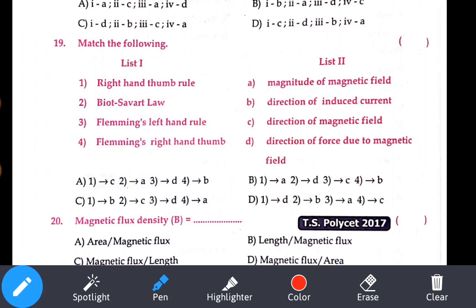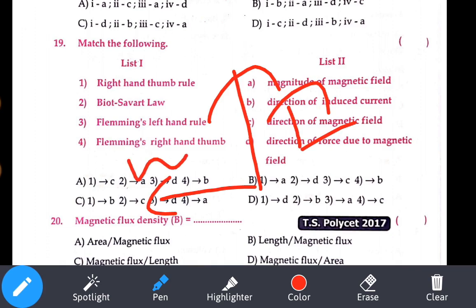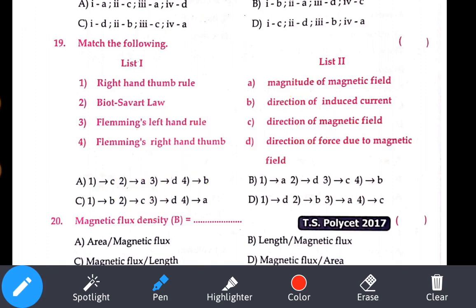Well, see, right hand thumb rule tells about the direction of magnetic field. Sorry, I thought Ampere's right hand thumb rule. It is right hand thumb rule they have asked. Okay, right hand thumb rule tells about what? Right hand thumb rule tells about two factors. One is our current, other one is our magnetic field. So when a current is passing through the conductor, a magnetic field will be generated, and its direction will be set by the right hand thumb rule, not Ampere's right hand thumb rule.